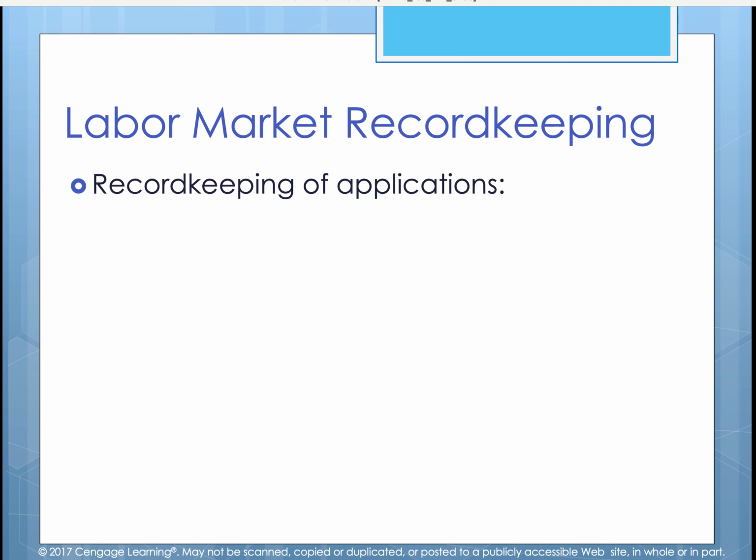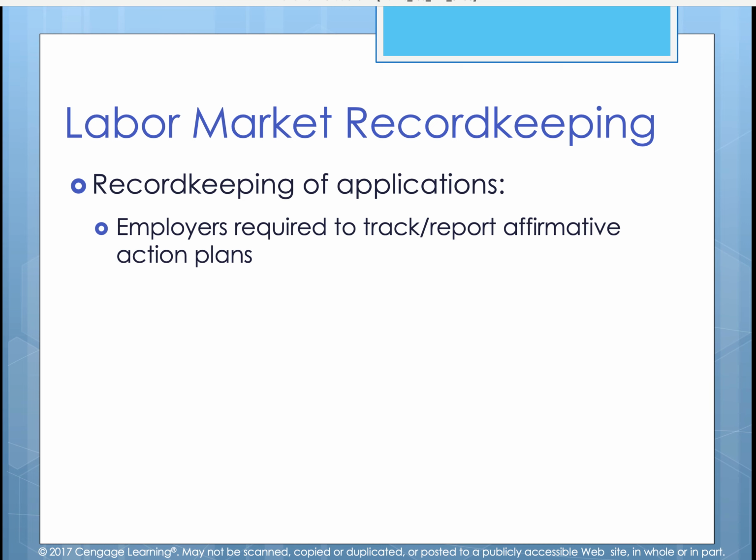Now, something that's important is how we go about keeping records of our labor force, and making sure that we keep the applications, and that is required to track as well as to report our affirmative action plans. If there isn't an affirmative action plan within your company, that's a red flag, and you need to get on the good foot. Even if you're not bound legally by EEOC standards because you don't have the minimum number of employees, you should still create your own action plan,